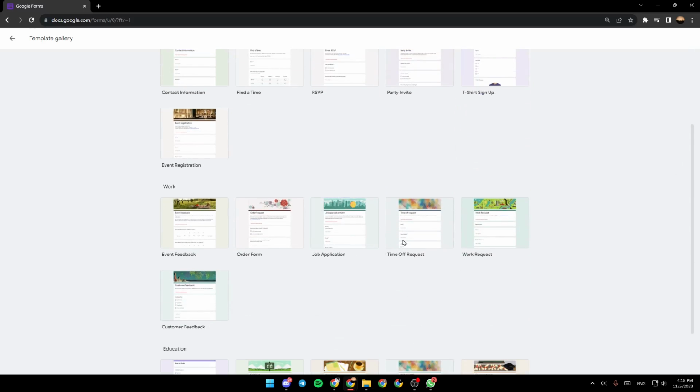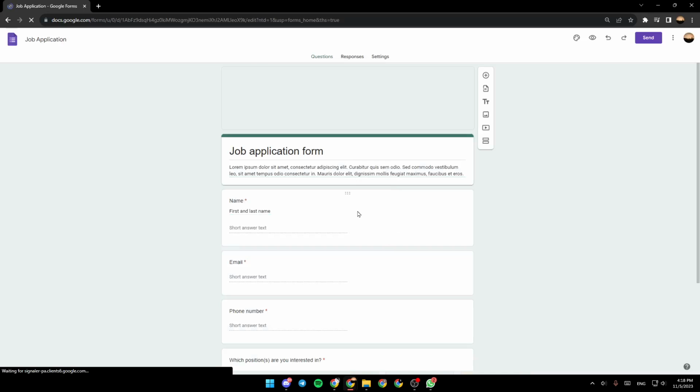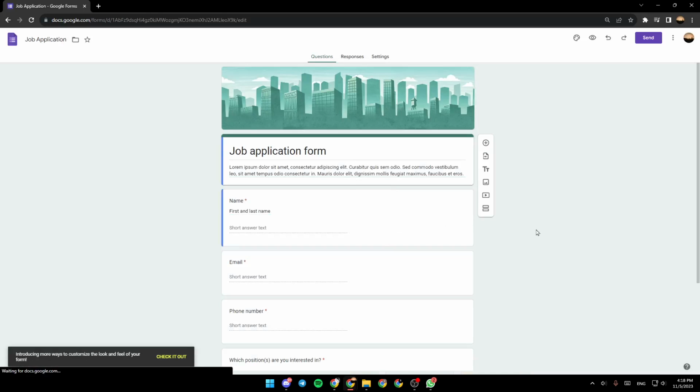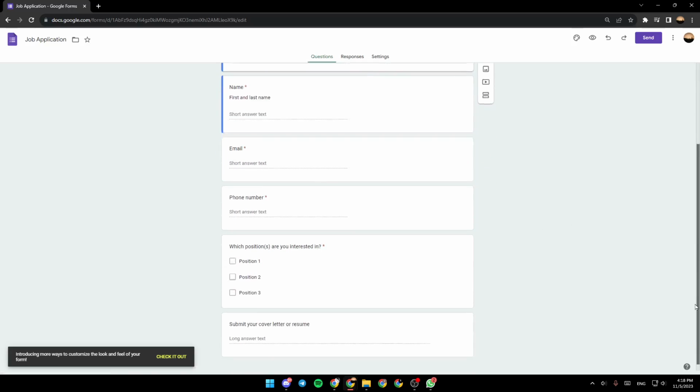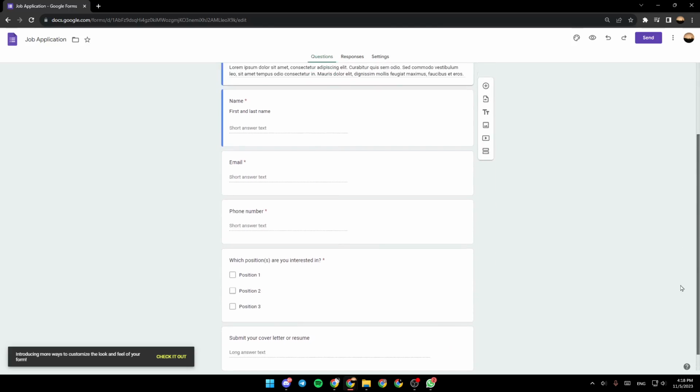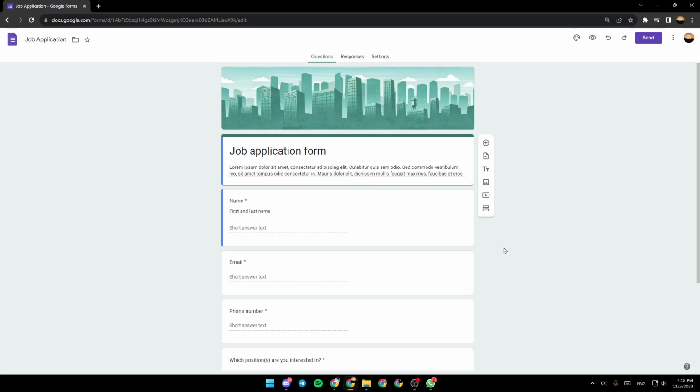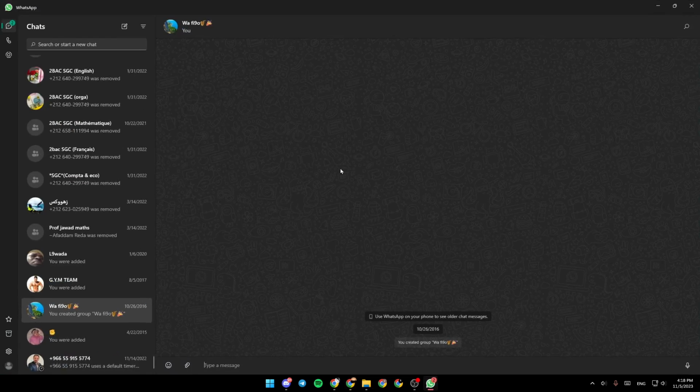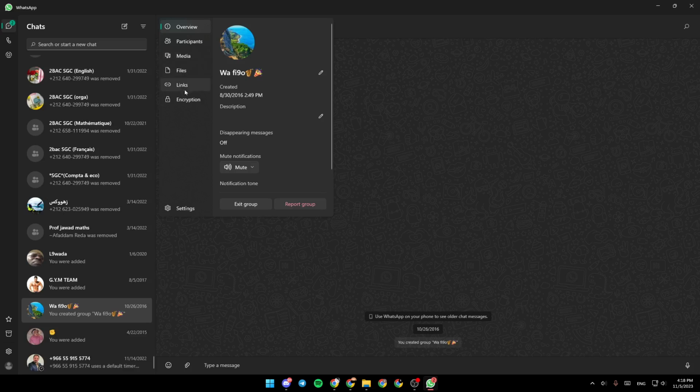So once you click here, you're going to need to wait for the template to load, and then this is how it will look like. So basically, guys, all you need to do right now in order to add a WhatsApp group chat link is open WhatsApp. And then once you're here in WhatsApp, go to the group that you want to copy the link from. For example, I'm going to copy the link of this group, click on the group name, and then from